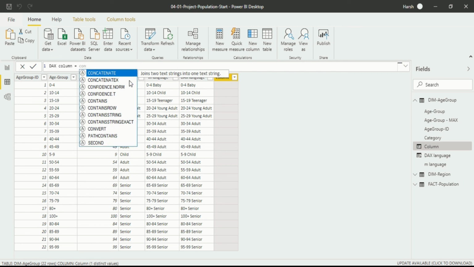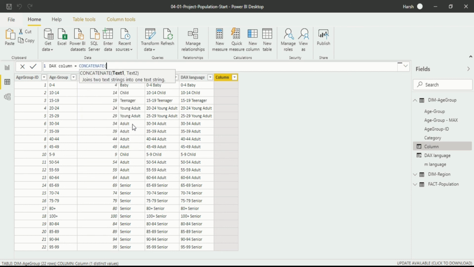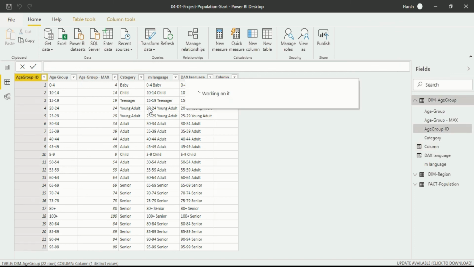You can see, as in Excel, the formula is used in a text language. After clicking on it, just click on tab. For the first text I want to use, you have to give the close bracket. Again you have to select the age group. Again click on tab. Again you have a comma, then you have to put a close bracket, and you will see category. Again, click on tab, and after that, enter. You will see you have written a code in DAX language itself for Power BI